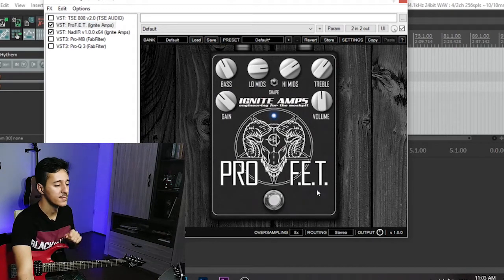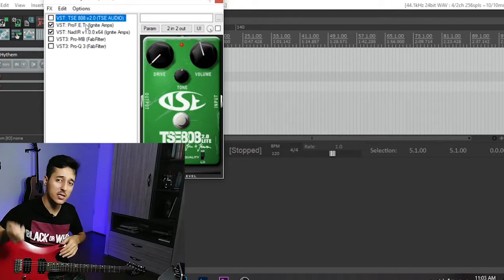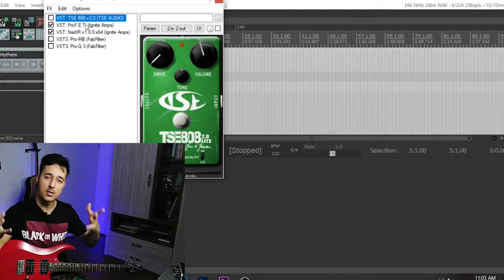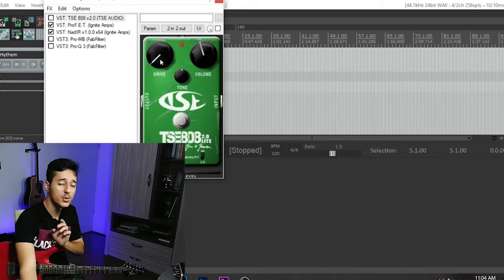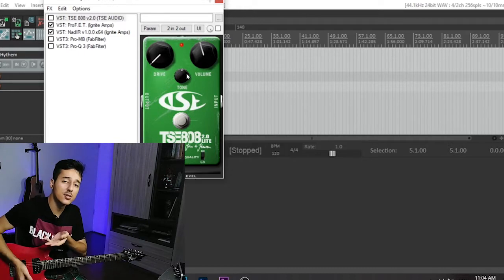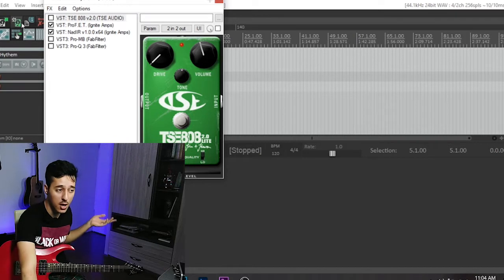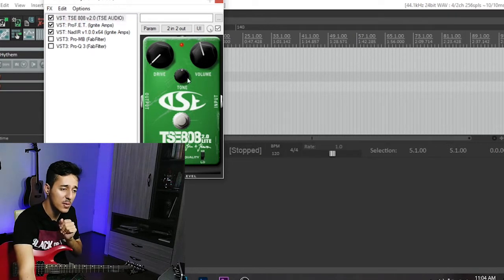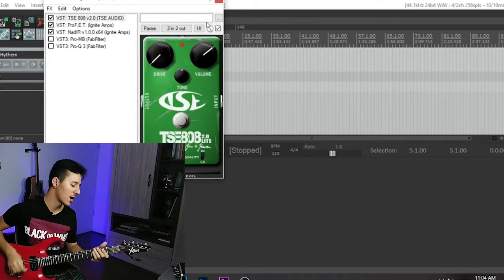You got it? Okay, now we're going for the overdrive, which is going to give us the chug in the palm mutes. And you know, the chug is what we are going for in mellow guitar tones, am I right? So how to use this overdrive is to put the drive at 0, because we already have a high gain distortion and amp like the Pro F.E.T here. We want to avoid having this drive, so drive at 0, and then we're going to mess with the volume and tone. If you put your volume like around 6.5 points, like high points,